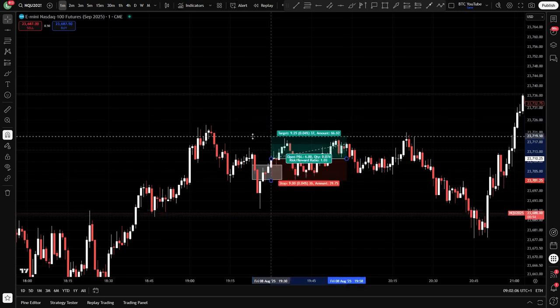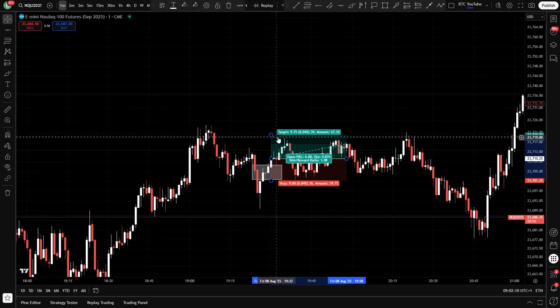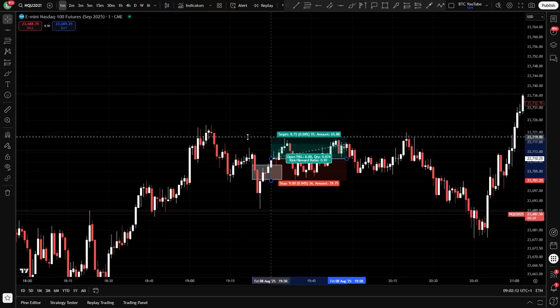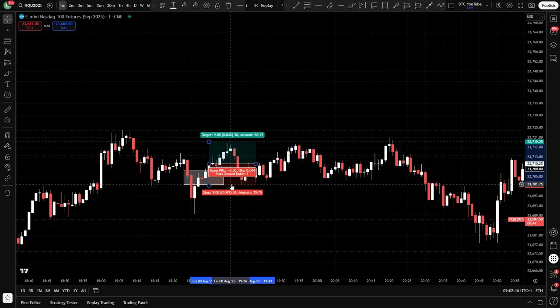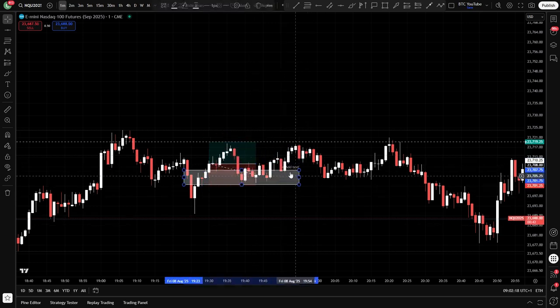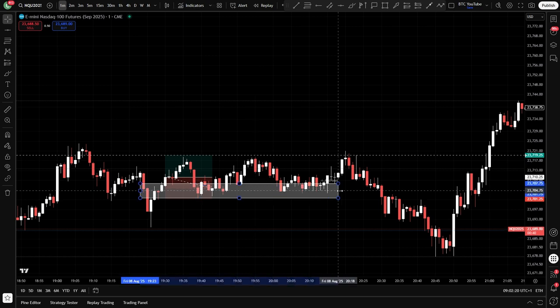We can actually drag my thing out. Come on. Honestly, this magnet tool does my head in sometimes. You can see we just about would have hit a 1-for-1 here probably before coming back down. This actually never closed below, so you probably would have eventually gone and hit your take